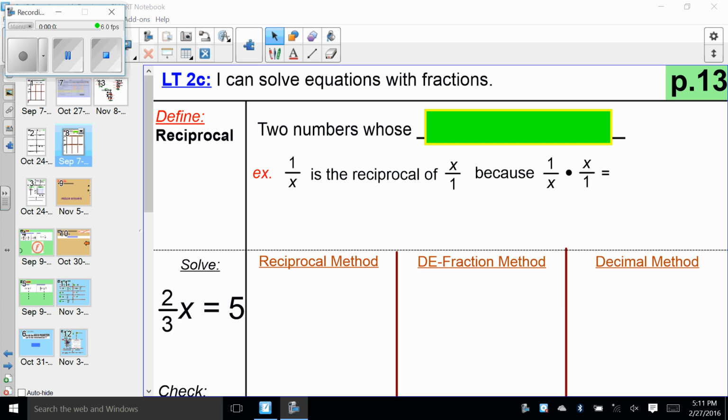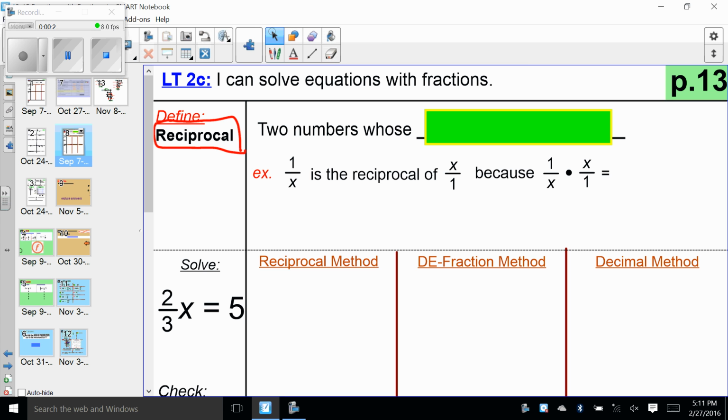Hey, 8th grade. So our learning target today is I can solve equations with fractions. We're still going to do the hand method today, but there's going to be some fraction work in there. I'm going to show you some different options when dealing with fractions, as most of the time fractions kind of freak us out. So let's first talk about the word reciprocal, because that might come into play in